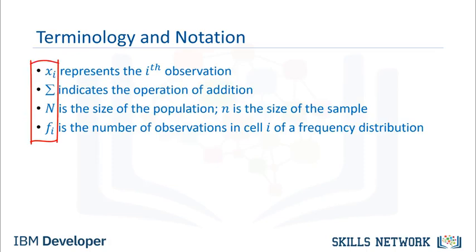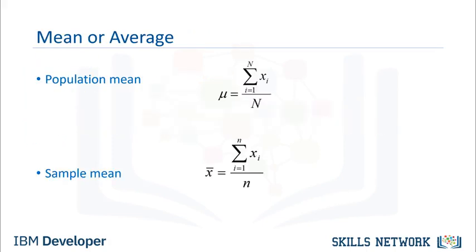Here you see some Greek symbols on the screen. But don't be afraid, they mostly show the formula. We will then proceed from here. While they may differ in notation, essentially the mean for a population and sample are the same. It is the sum of all the observations, divided by the number of observations to get the mean,